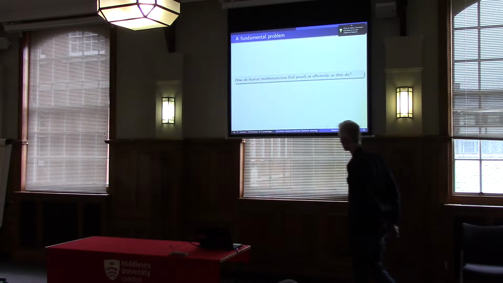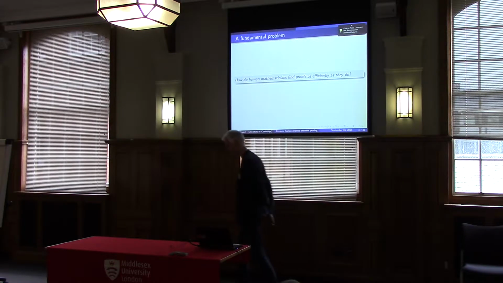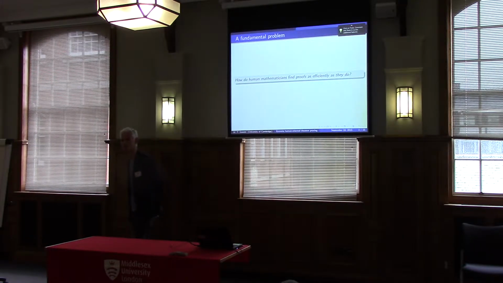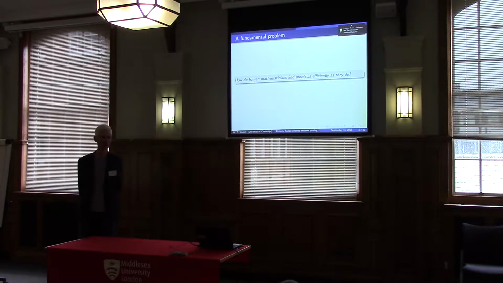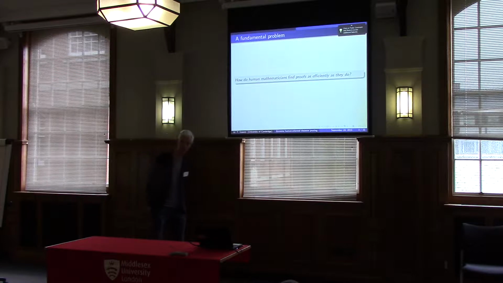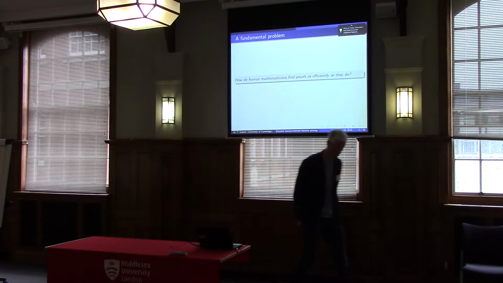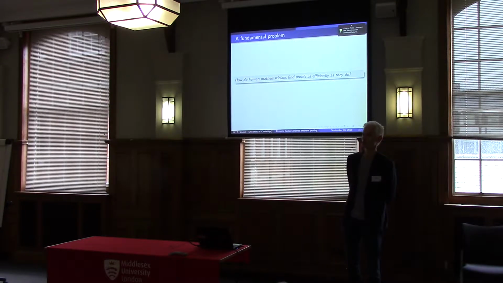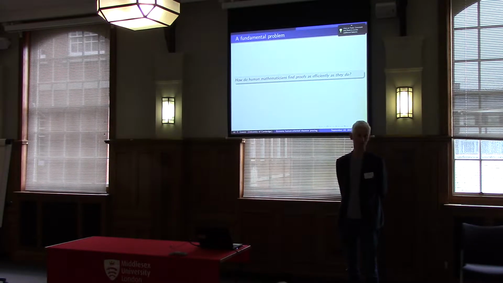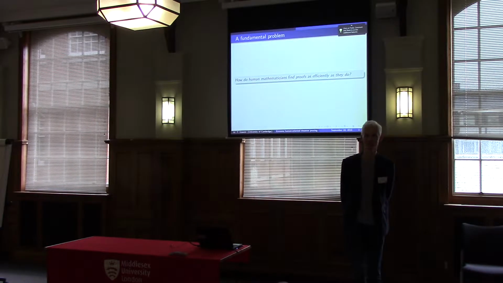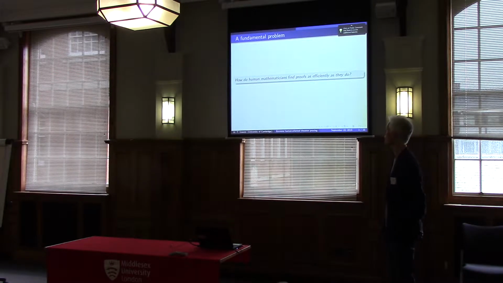So one way of summarising the philosophy behind it is that the question that really interests us is less how can I build a program that does all sorts of interesting stuff, than answering this question: what is it about human mathematicians that enables them to find proofs with the efficiency that they do? It's quite a mysterious question. It's easy to prove that the general problem, here is a statement, does there exist a proof of length at most n, is basically an NP-complete problem. And yet mathematicians are finding proofs of theorems the whole time.